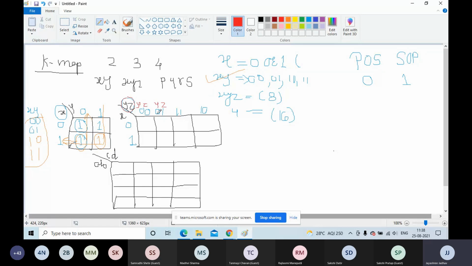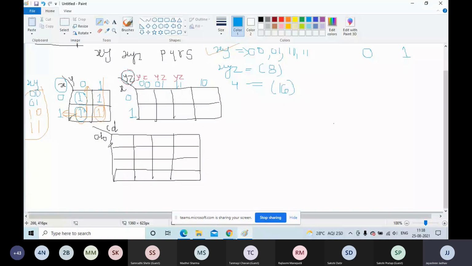So, for these combinations, I have to write its values here. Okay. So, this 0 indicates the value of y, and the other 0 indicates the value of z. Same way, this 1 means the first value is y and the second value is z. Same way you have to consider it for 4 variables. So, what is the combination, you tell me. If I am writing AB here and CD here, this is 0 0, 0 1, 1 1 and 1 0. Same way 0 0, 0 1, 1 1, 1 0.